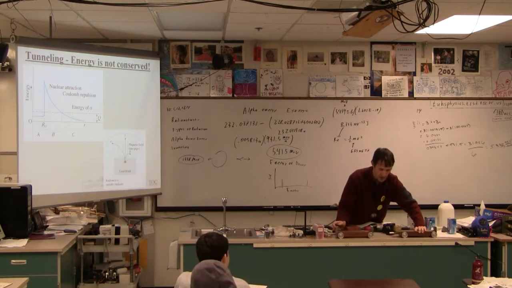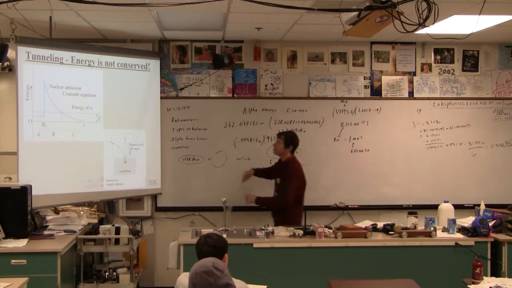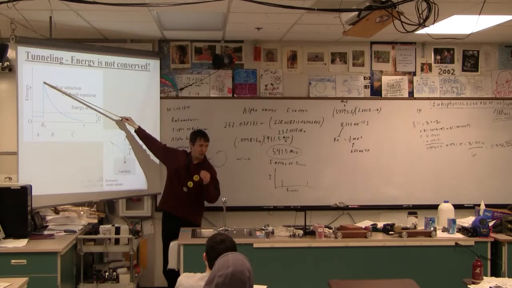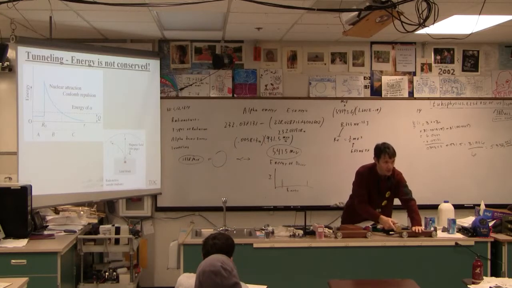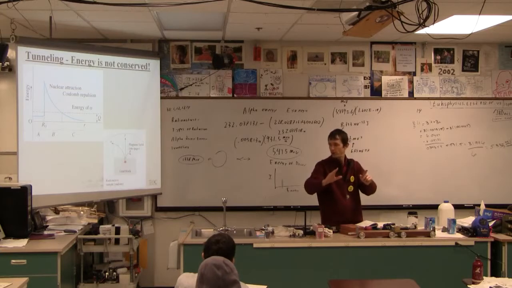So at low energies, we don't have enough energy. We're always being repelled by the nucleus, right? You have to have a high enough energy, and specifically on this graph, an energy equal to the height of this thing to get it captured. So you have to get it close enough that the strong nuclear force goes, I like that. And this, by the way, you can't tell, there's a hard drive magnet right here. That's the strong nuclear force. Watch this. Oop, not enough. Not enough. Oh, there we go. Just right. That's enough energy to be captured by the strong nuclear force, which is represented by this magnet, right? So we know how high this potential barrier is.